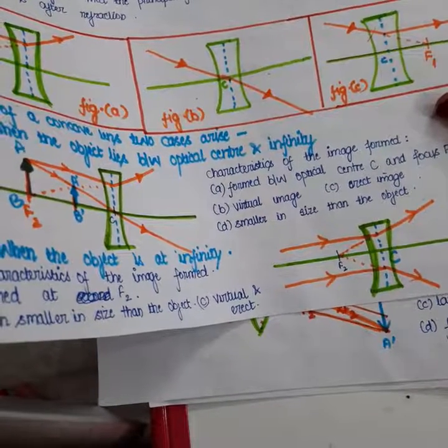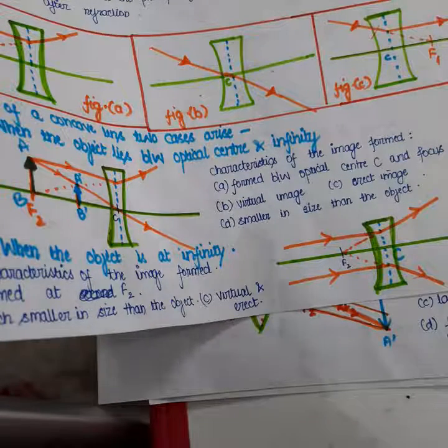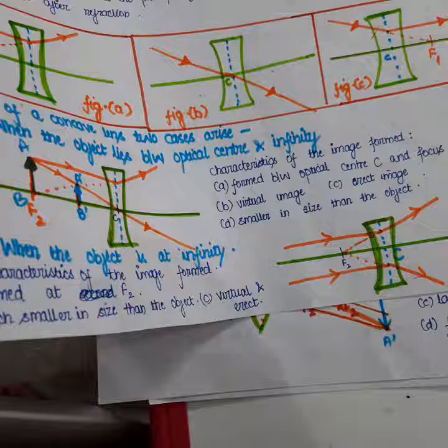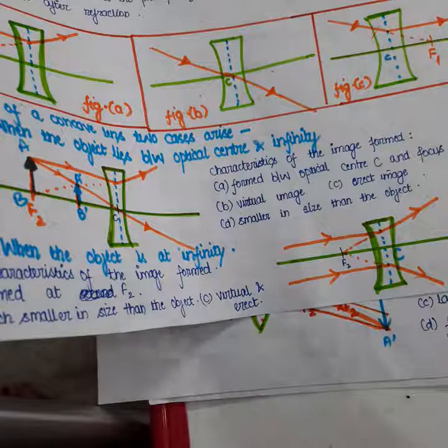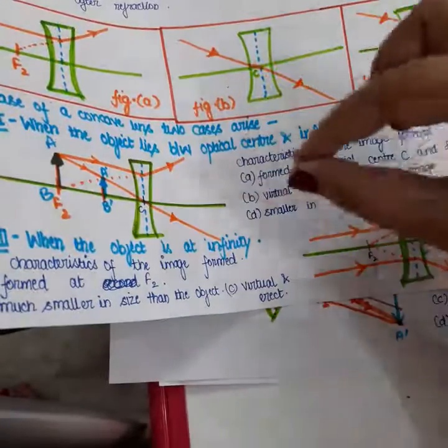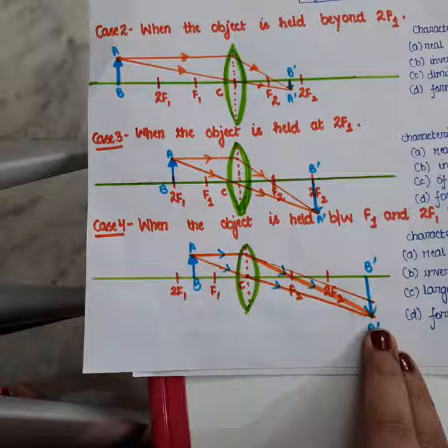Okay, so what is power? Power means the ability of the lens to converge the light rays or diverge the light rays. Basically, we discuss the convergence. How able your lens is to converge the light rays that have fallen on it would decide the power of the lens. The more the convergence of light rays, the more the power of the lens. The less the convergence of light rays, the less the power of the lens. So since the power of a lens is related to the convergence of light rays, like this, the convergence of light rays. So power